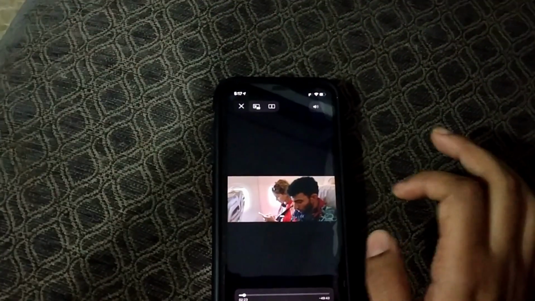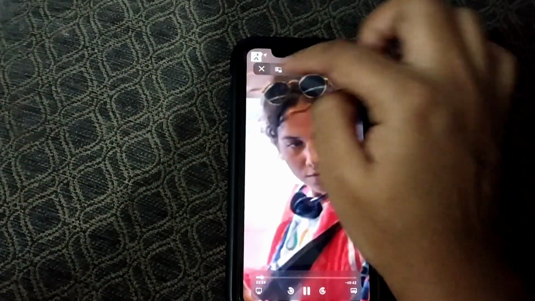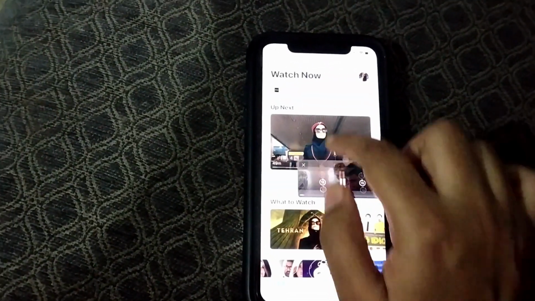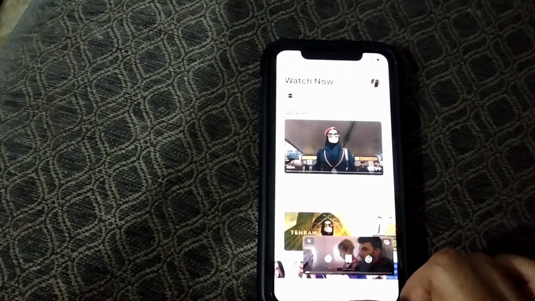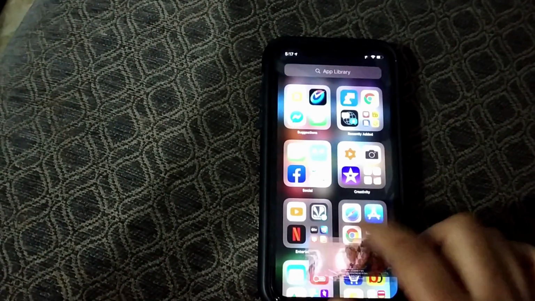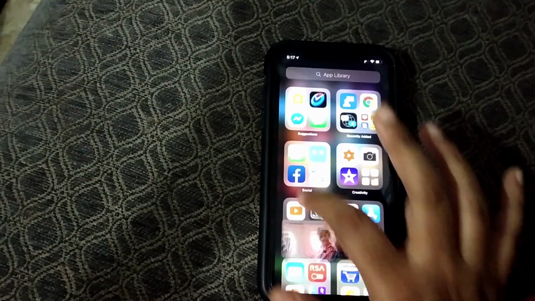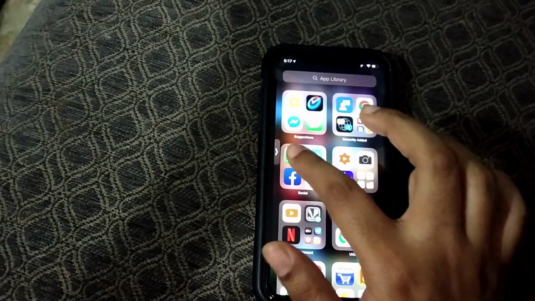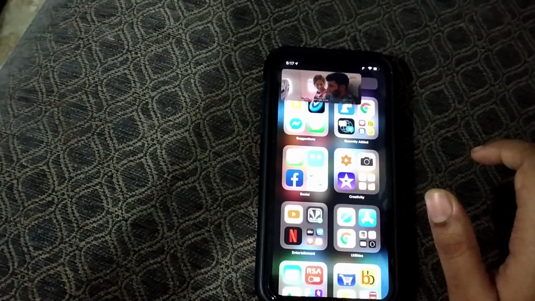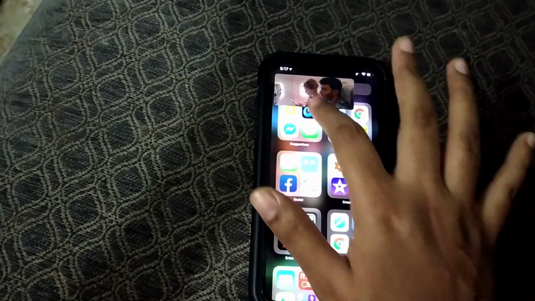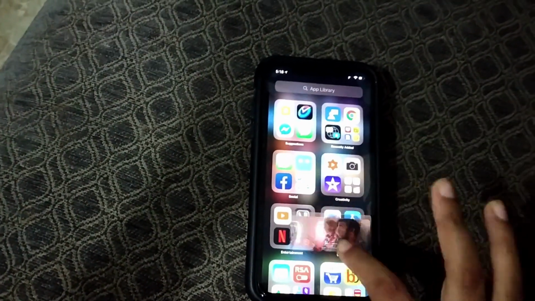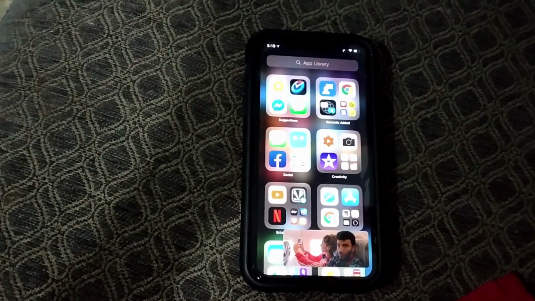You can go to picture in picture mode in that app and just click there, and you can move your video anywhere. So if you are doing something and your video is interrupting it, no more, you can place it anywhere. If you want to drag it to the side of the screen, you can do that, and just scroll it, then you will get the video again, so you can move around with it.